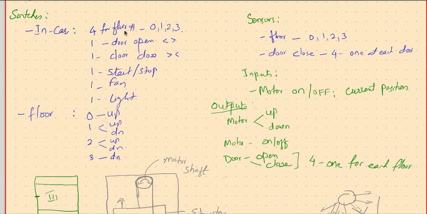So these four in-car floor switches are useful, and these six switches are required, and the results of these sensors are always required. The result of whether the door is closed or not is always required at all four places, whether the motor is on or off is required, and the current position is required. So that way it makes life simpler. That's another thing. We need to look at it in a different way. See what all things can be avoided, and just remove those from our state diagram.